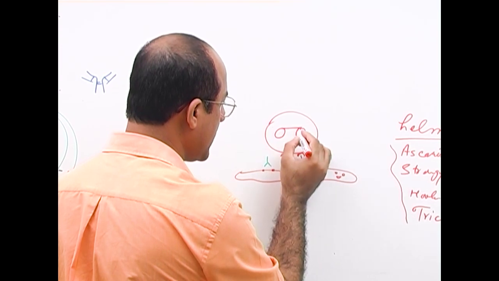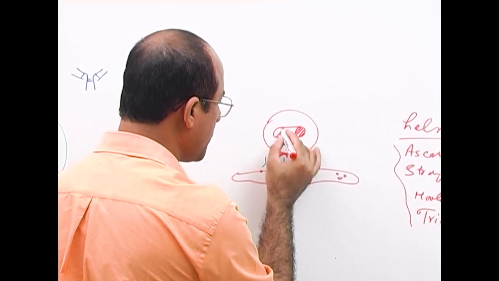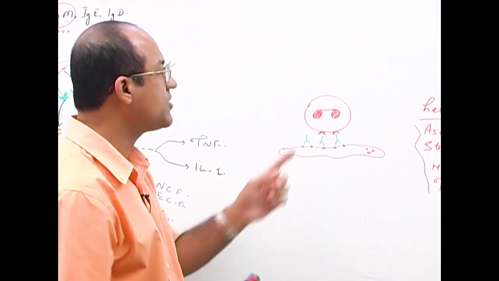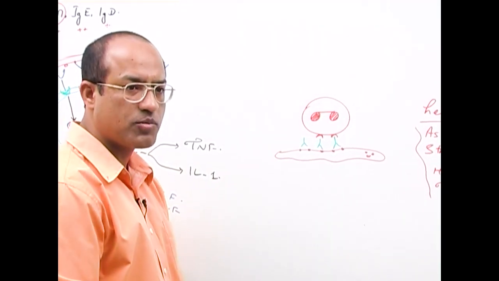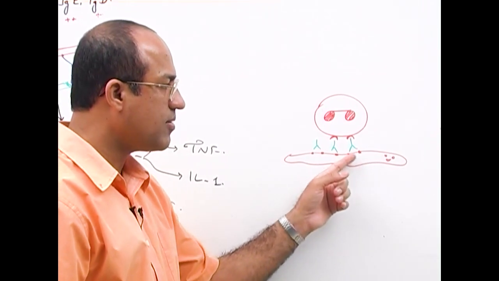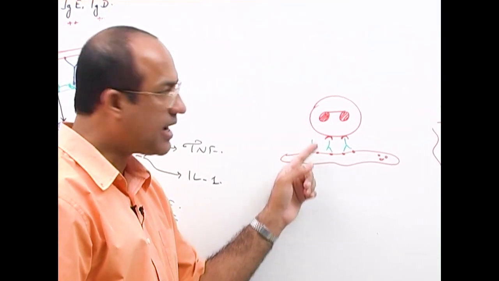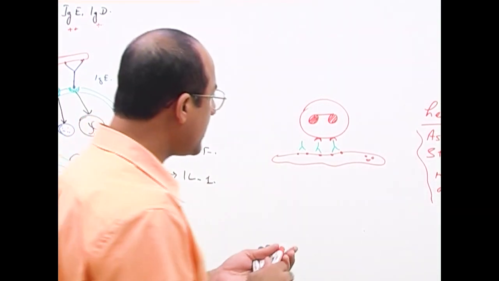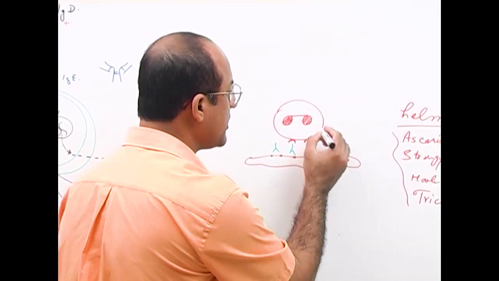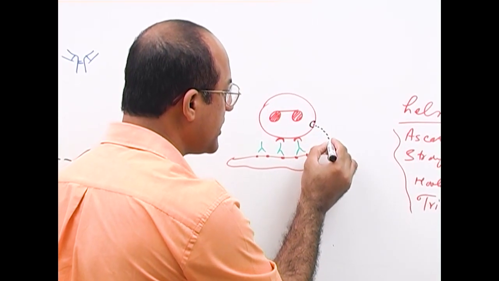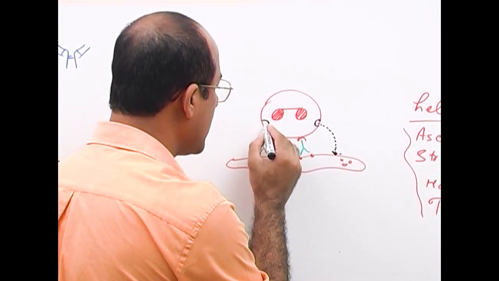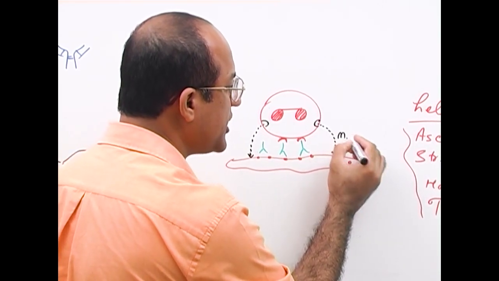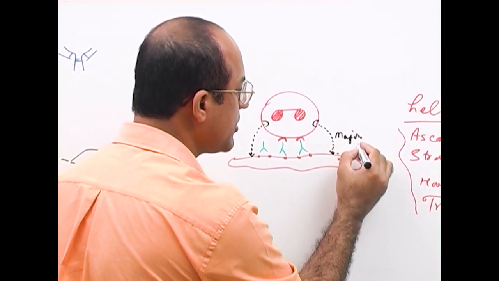This is not mast cell, this is eosinophils. These are eosinophils. So what really happens is that IgE antibodies can coat the parasites, and their Fc portion can activate the eosinophils, and then eosinophils will release very important destructive products, and these destructive products have one important function, which is called major basic